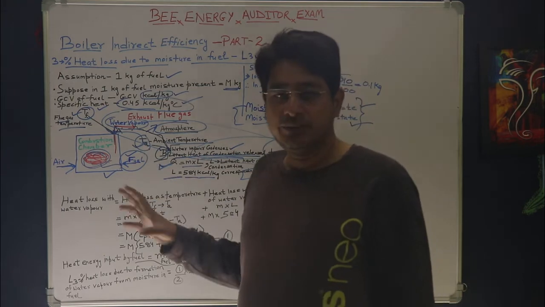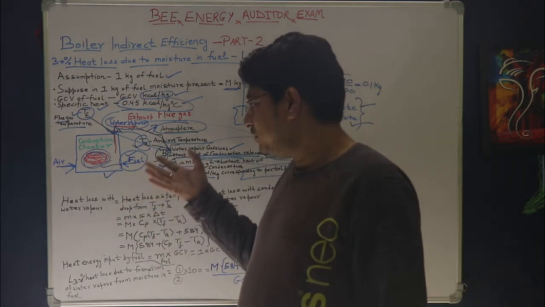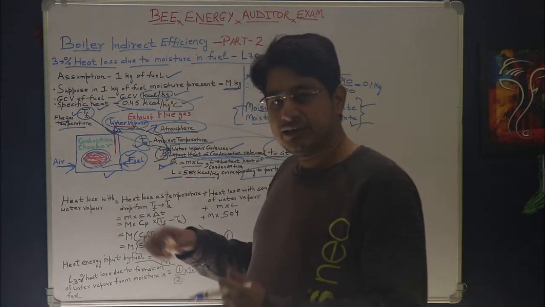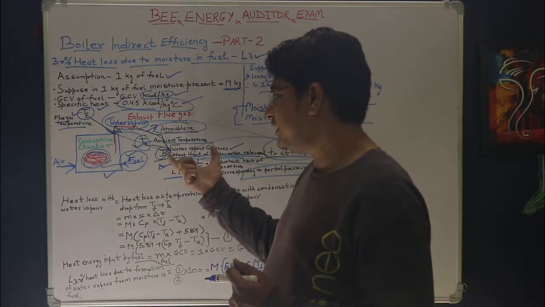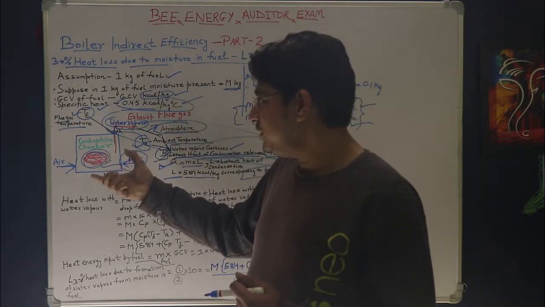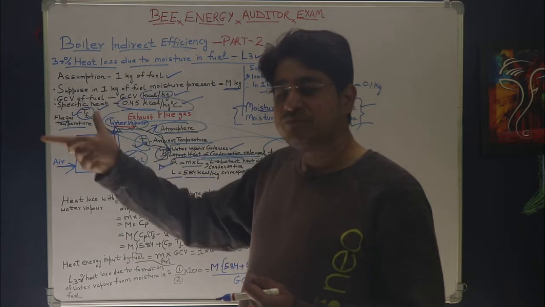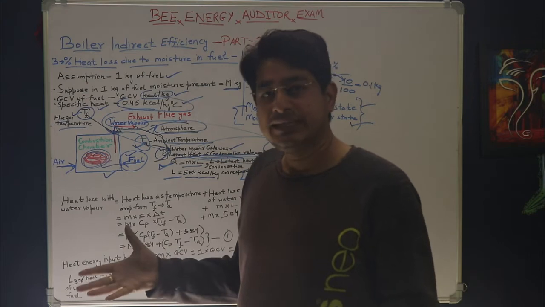In the boiler system, what is actually happening? In the boiler system, heat from the fuel is getting transferred to the feed water, so that feed water can convert itself into the steam. So I can say if that much heat energy had not been rejected to the atmosphere, that much heat energy would have been available with the feed water to get itself converted to steam. So probably the efficiency of the boiler would have increased.